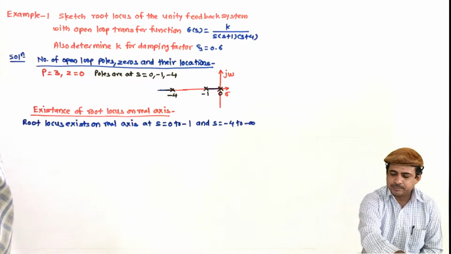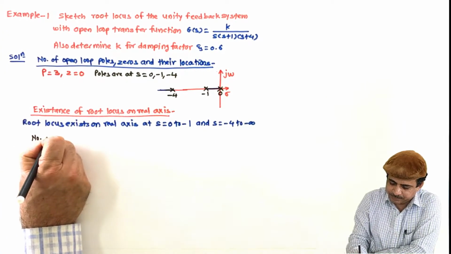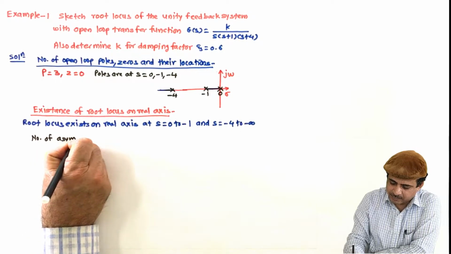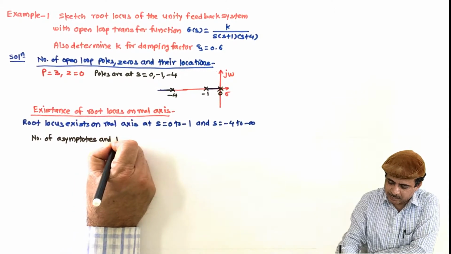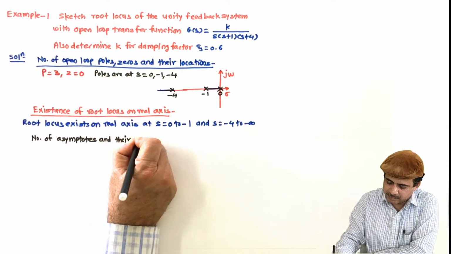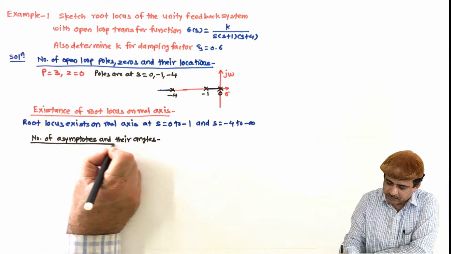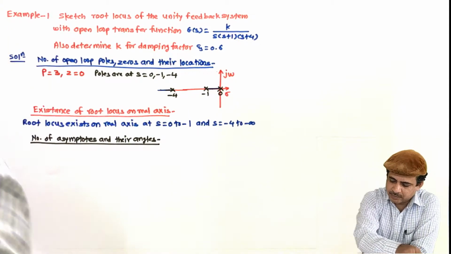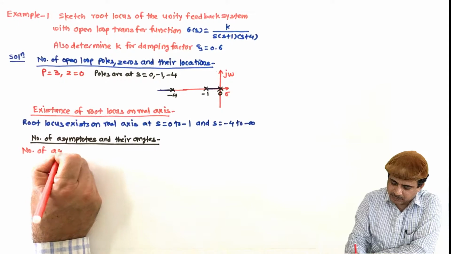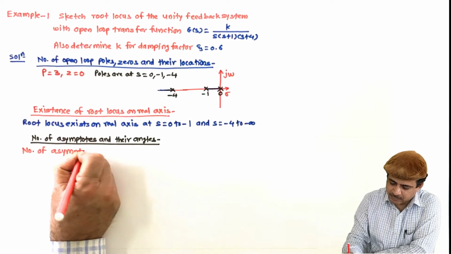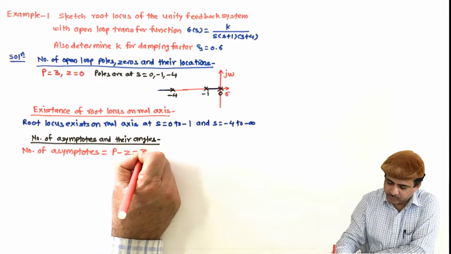Then the third step is number of asymptotes and their angle. So number of asymptotes is equal to P minus Z, equal to 3,